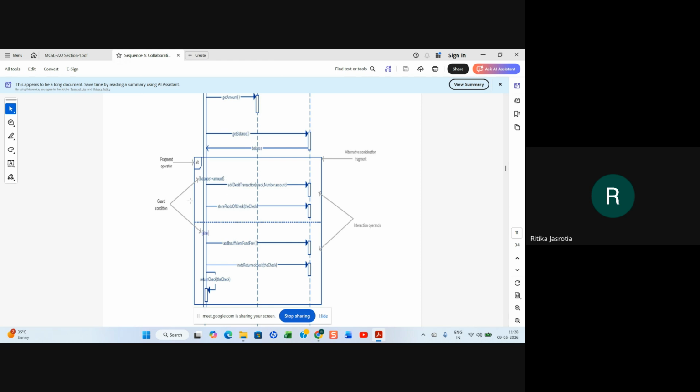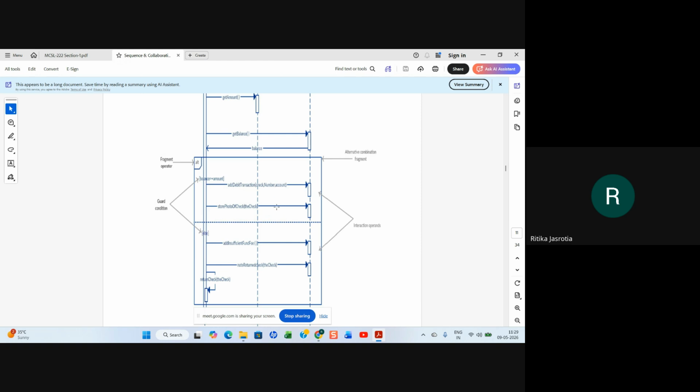Then you will debit the account, add a debit transaction to the account, and store it. Either you are withdrawing, or you are putting a check for withdrawal.